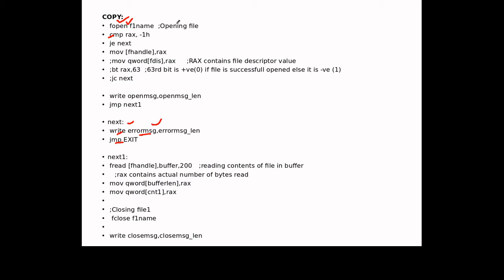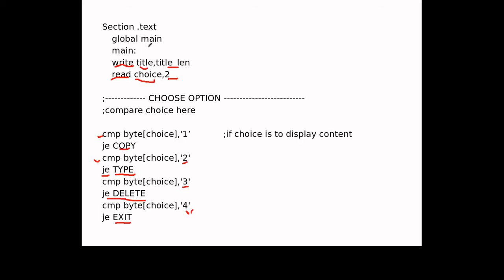But if the open file function is successfully done, then the file handle will get returned. So -1 is not compared with the RAX, and it does not jump to the next label, it will go to the next instruction. So next instruction is what? We are saving the RAX, that is the file handle, into our buffer called f handle. We already took one buffer f handle.